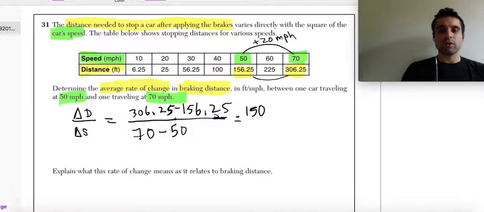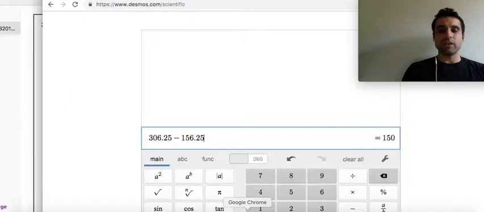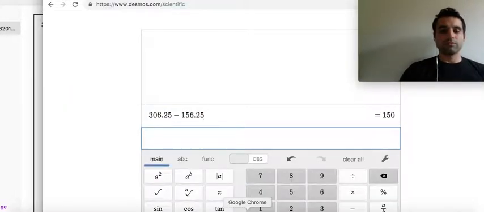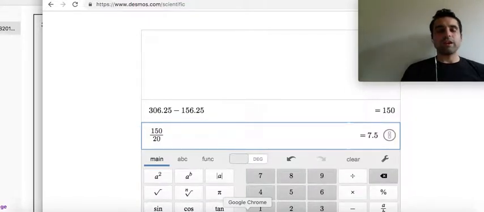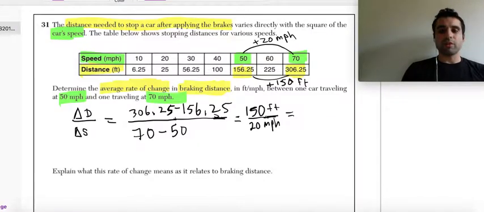So this went up by 150 feet, the distance needed to stop the car. So 150 feet over 20 miles per hour. So if we divide 150 by 20 now, you get 7.5. So it's 7.5 feet per mile per hour. All right, I won't put the units here. I'll write the answer here. So 7.5 feet